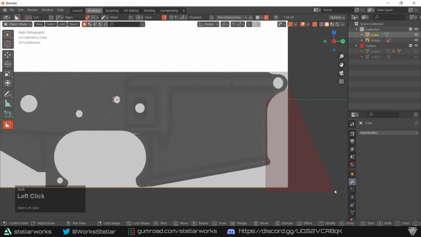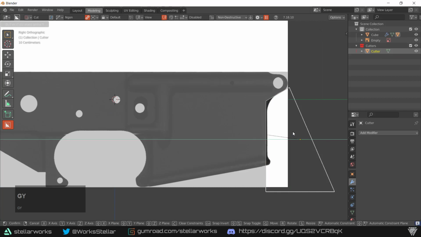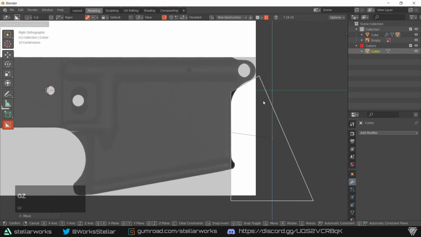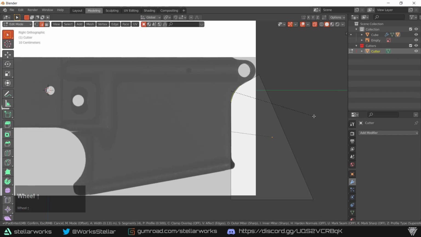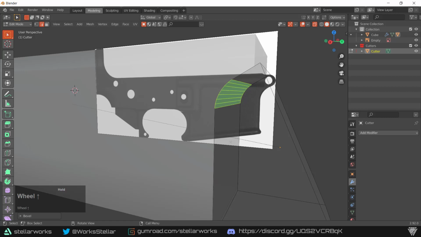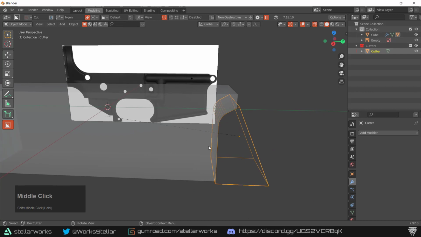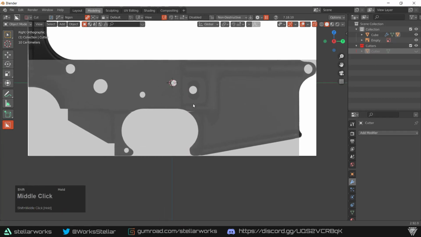I'm just going to go straight down and hold Shift to complete it because it was a little bit too far over. Move it up slightly, and then we can go ahead and bevel this piece here. Just like so. So now that we've done that, we can go ahead and hide this, and we'll move on to our next